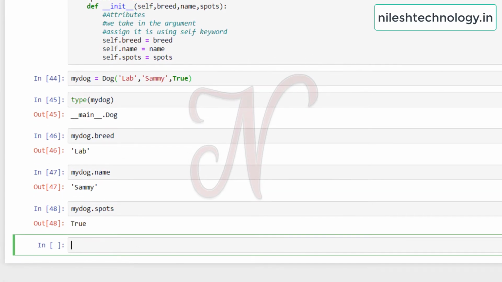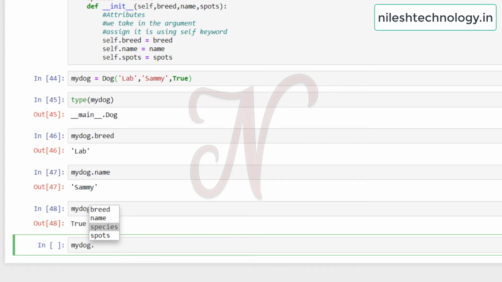See here, when you press the tab button after my_dog dot, you see breed, name, species, and spots. So these are the self dot variables as well as the class attribute variable, so all are accessible here.